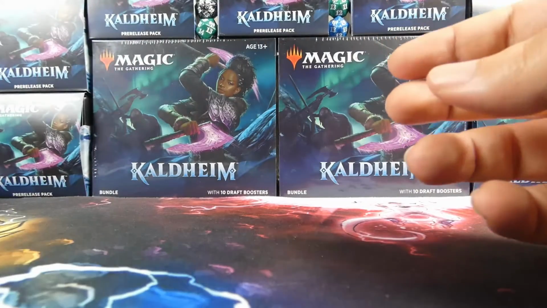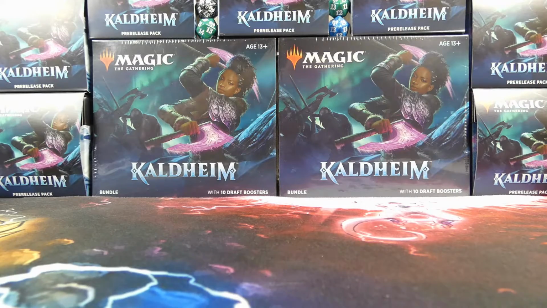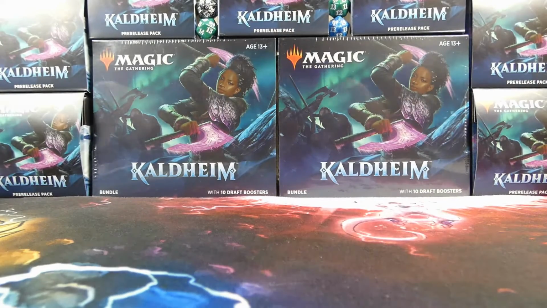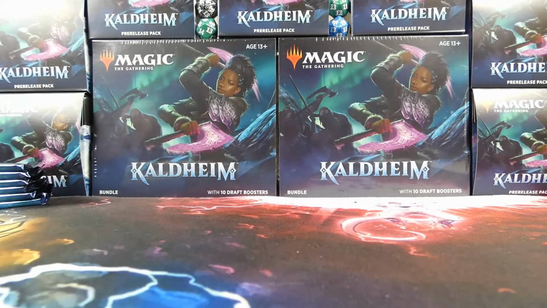There's this little Kaldheim insert thing we've seen many times. We have the divider for your deck and your sideboard in this deck box that they give you. Which is pretty sweet, actually. We have the packs, of course, which we will open. That's what we're here for. We will see what we can do deck-wise out of this. And then we have